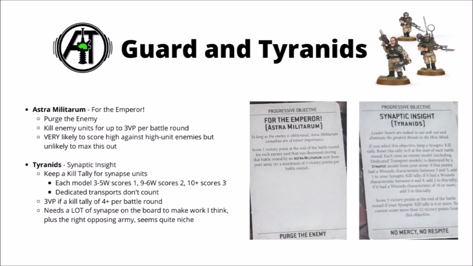It's going to be things like Hive Tyrants, Tyranid Warriors, maybe the Swarm Lord perhaps, and you score points for the bigger models killed. You get 1 point for something with 3 to 5 wounds, 2 points for a model with 6 to 9 wounds, or 3 points for a model with 10 wounds or more. Dedicated transports don't count towards your tally, and you get 3 victory points if you get a kill tally of 4+ per battle round. Finally, it's also limited to a maximum of 12 victory points for the battle, though I